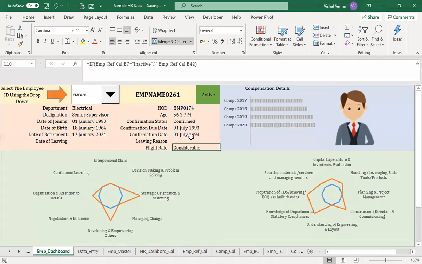Now the flight rate is required. You can use conditional formatting to identify whether it is high or very high. If it is, then it will be red, so that whenever you hover around this particular person, the moment it is red, you can understand that you need to take care of this employee. That is how the representation of the data takes place. So we did the conditional formatting here, we did the name here, and all the different data are arranged.